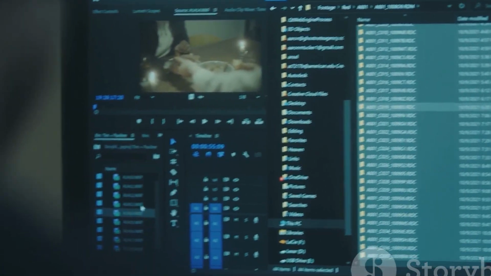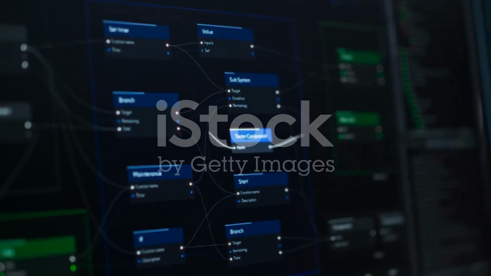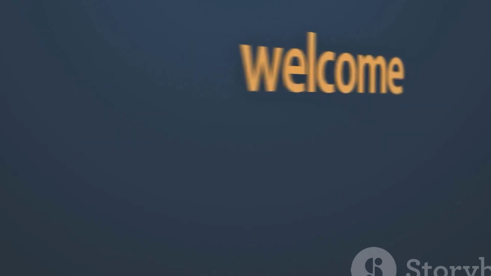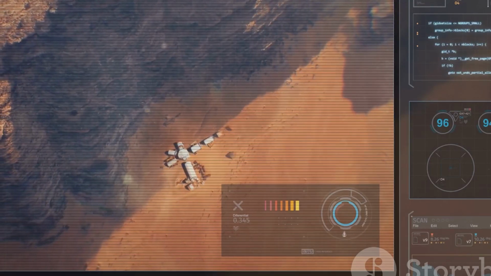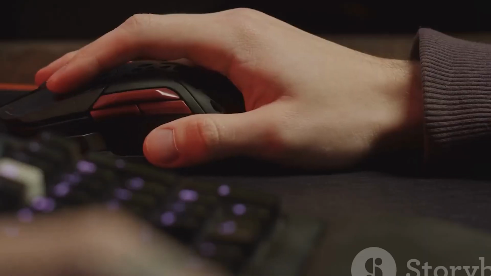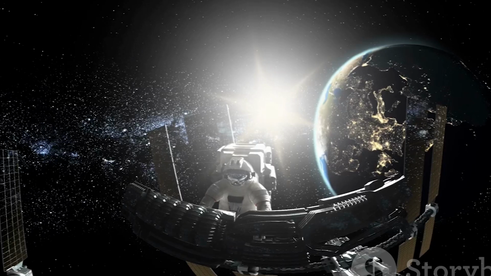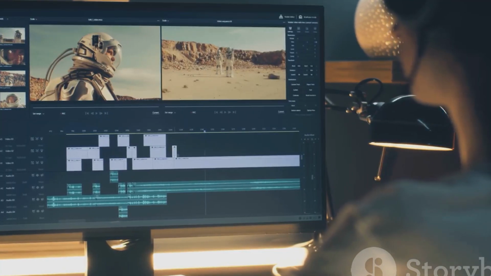When your new project opens, you will see the main Unreal Editor window. It might look like a lot of buttons and panels. Do not worry, we will break it down. The biggest part in the center is the viewport. This is your window into the game world you are creating. You can see your level here, you can fly around in it, use your mouse to look around, hold the right mouse button and use WASD keys to move. This is like playing a first-person game. It helps you explore your scene. Another very important window is the outliner.